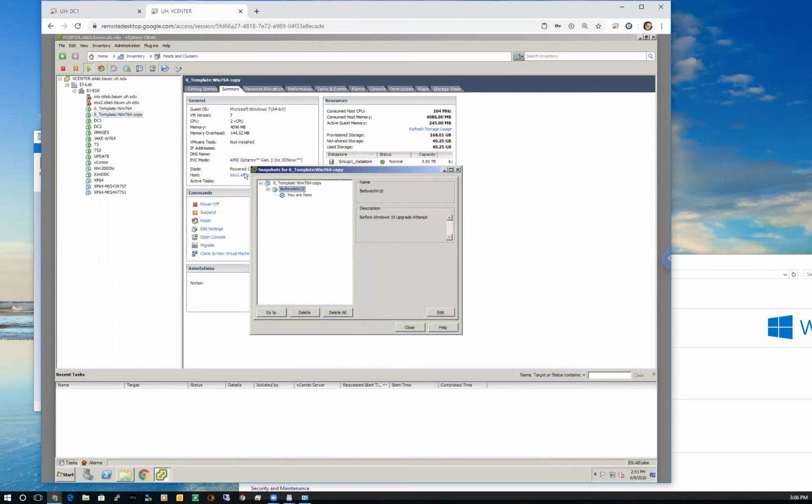You can take a snapshot and it can live for weeks or months or years if you wanted to. I don't recommend that it live for years, but I've seen people make snapshots and have the ability to go back 6 months in the past, a year in the past, just in case they messed up. Now, once you roll back a snapshot, once you go back in time, you can't go forward in time. You can't go back to your original forward point. So that's one thing to remember about taking snapshots, but very, very powerful tool. We learn this and we make extensive use of it in 4397.